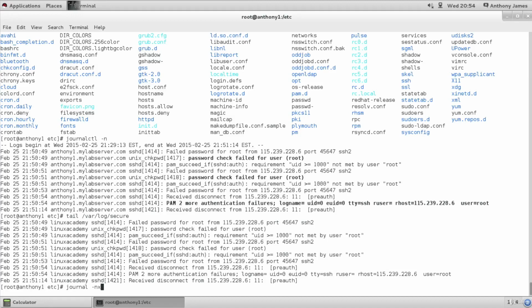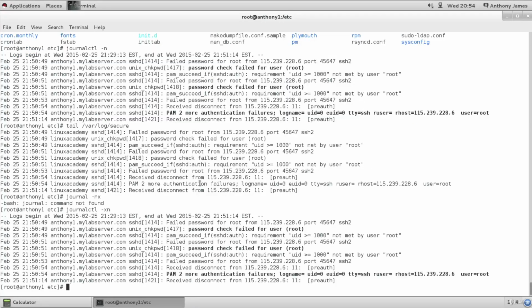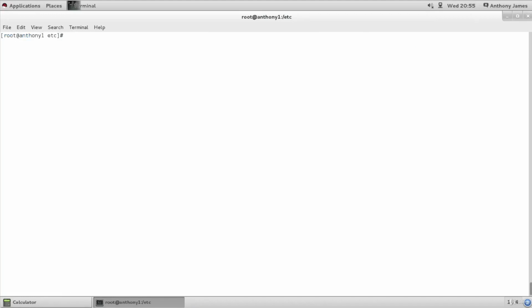But if I add an x, we'll do journalctl -xn, and it's going to show our last 10 lines. What the -x flag does is provide additional explanation text from the message catalog if it's available. So it provides a little bit more information. Now, like I said, it's only available if there is in fact additional explanation text from our message catalog. So we can use journalctl -f, and what that's going to